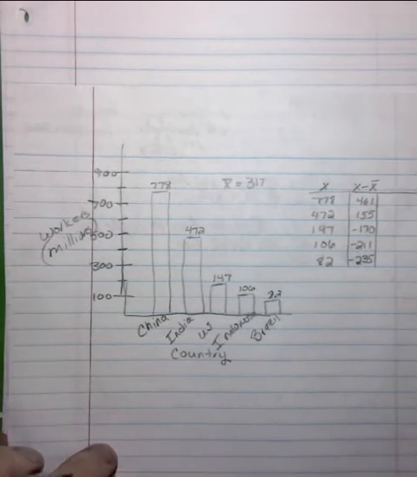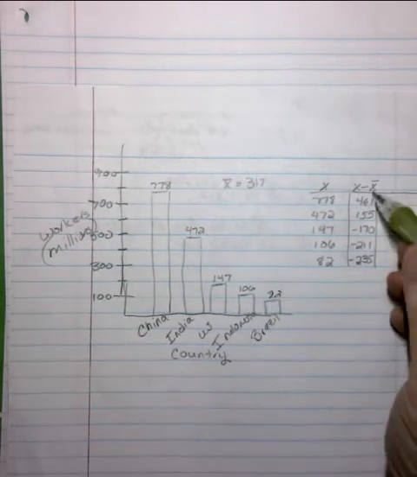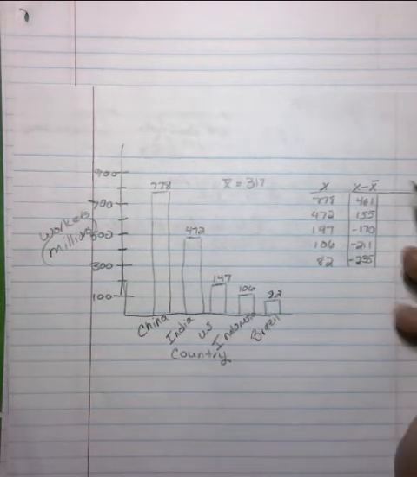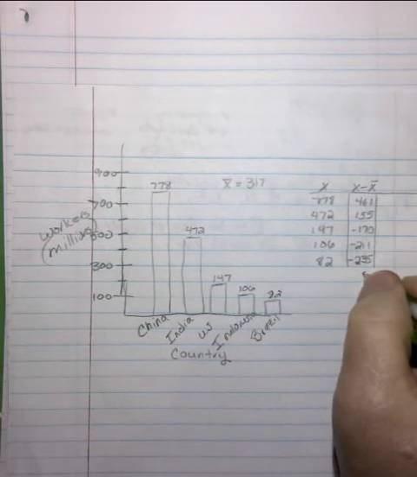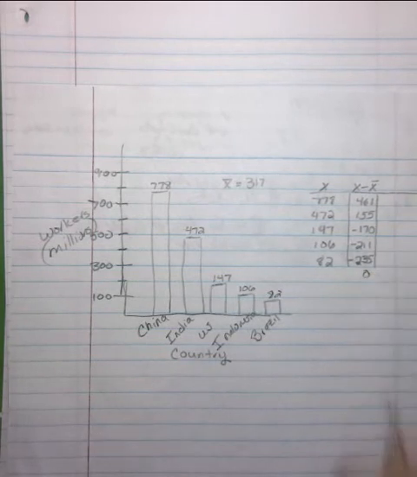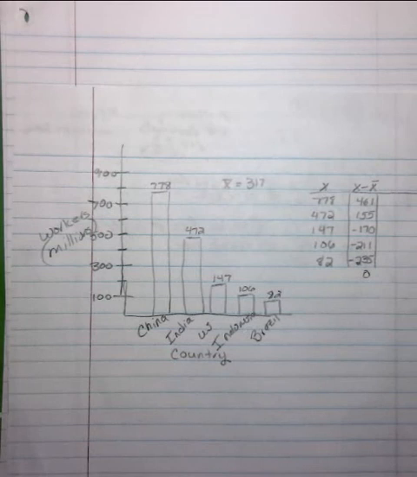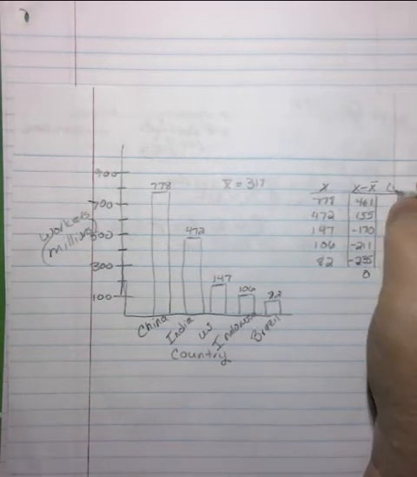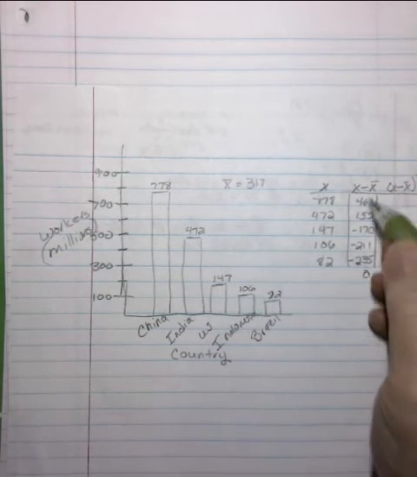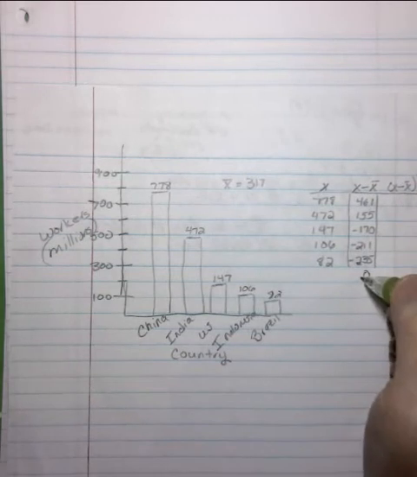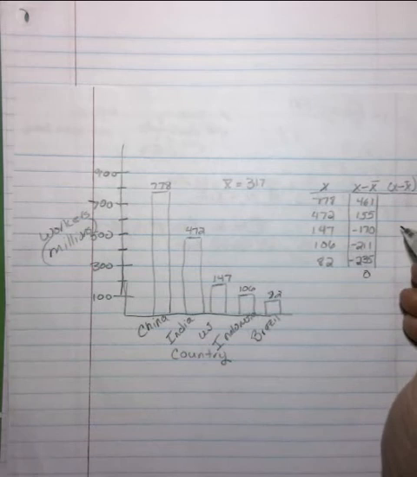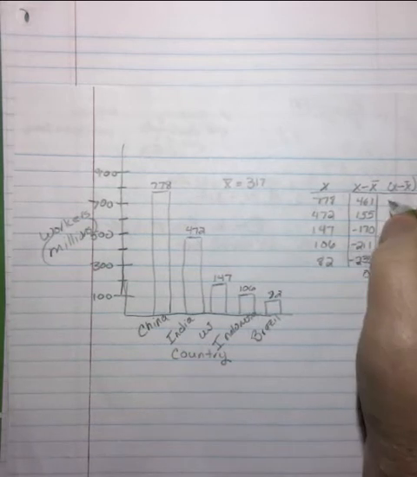And that's why you're going to get some positive values and you're going to get some negatives. Again, just as a reminder, if we added up this particular column, we would get 0 as the result there. And that is why we do the squared column. So we're doing x minus the mean squared. So we're taking this answer in that second column and squaring it in this third column. So we end up getting